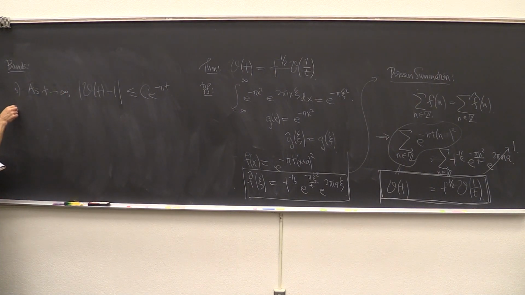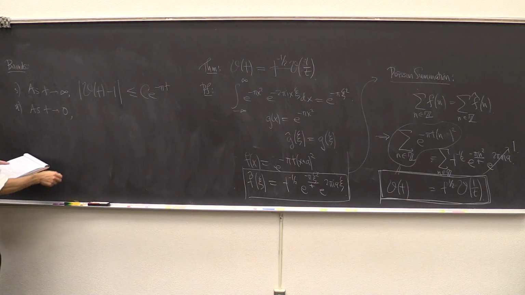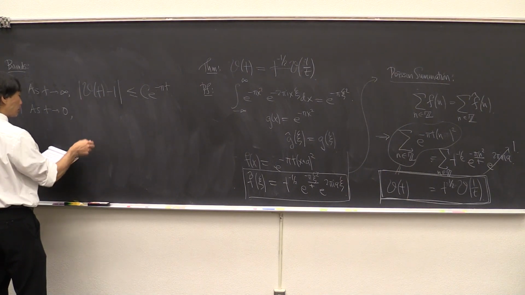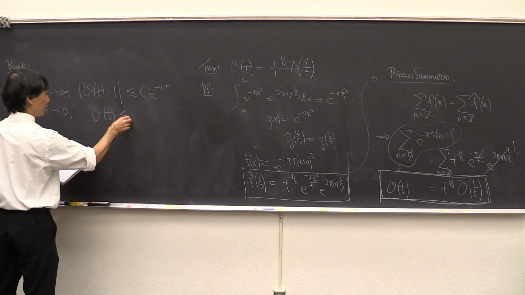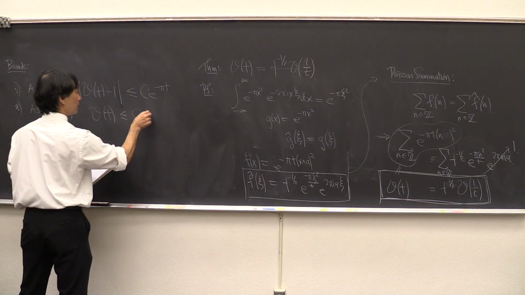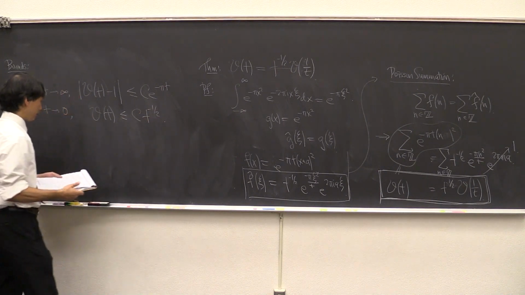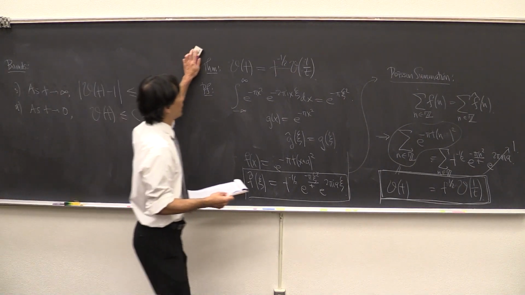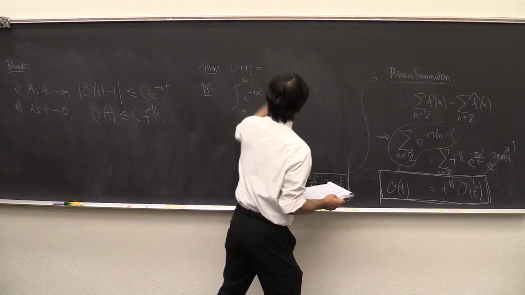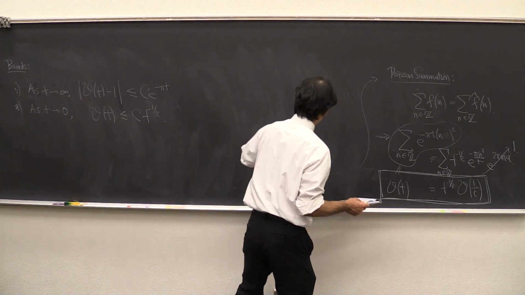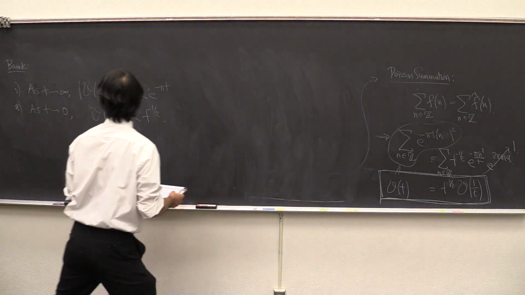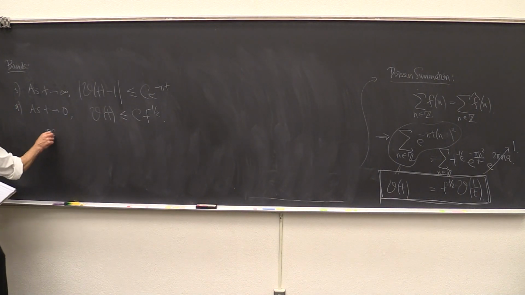And two: as t goes to 0, the theta function is bounded by some constant times t to the negative 1/2. These turn out to be very straightforward estimates. So the proof of one is that